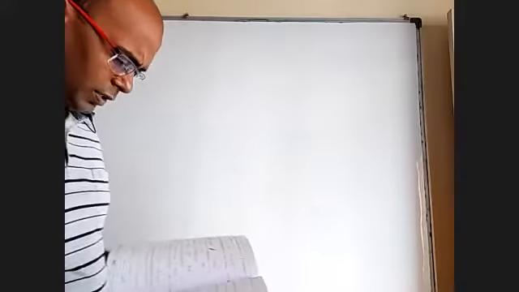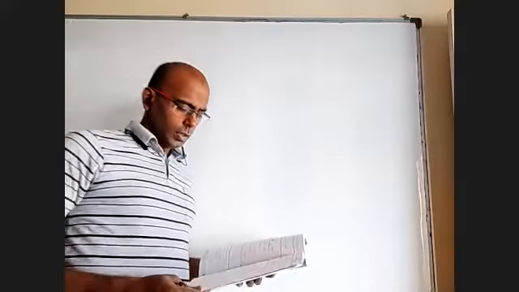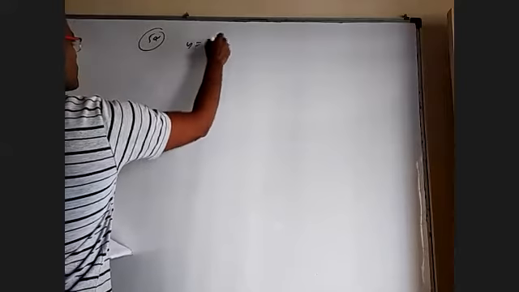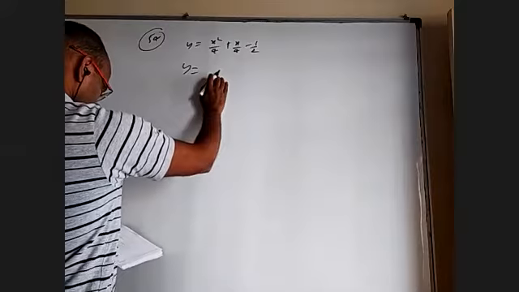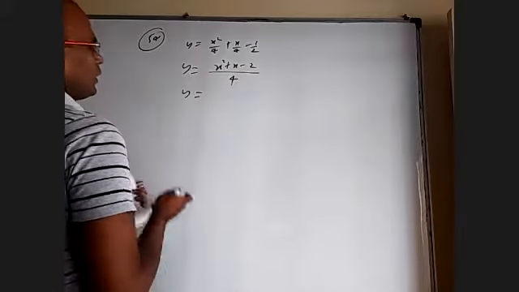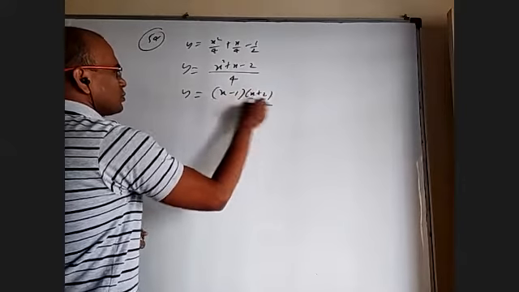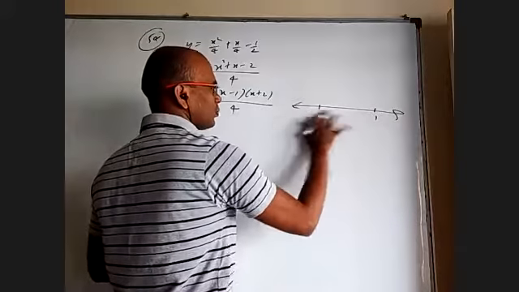Okay. What is 54? Area bounded by that with x-axis between 0 to 2. One may say directly they do integral 0 to 2. Is it right? We have to check that. What is the graph you have to draw? So 54, y equal to x square by 4 plus x by 4 minus half. That is x square plus x minus 2 by 4. Does it have any roots? Yes, x minus 1 into x plus 2 by 4. So minus 2 and 1, and an upward parabola.